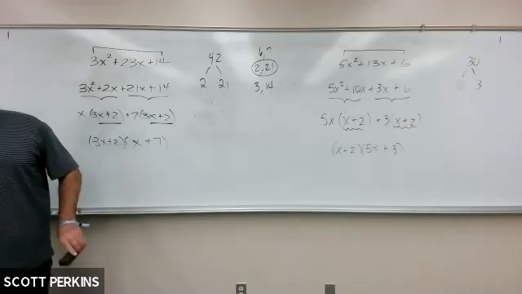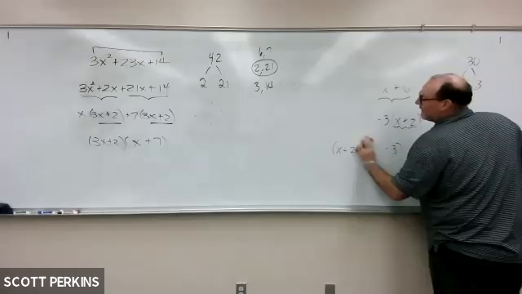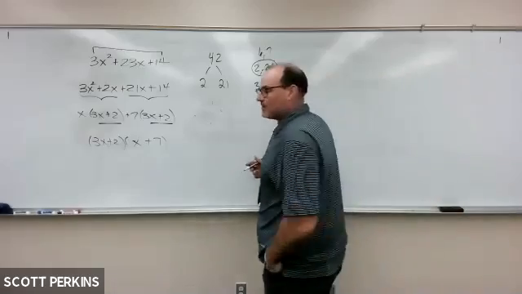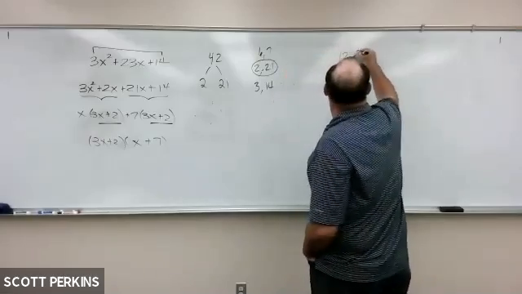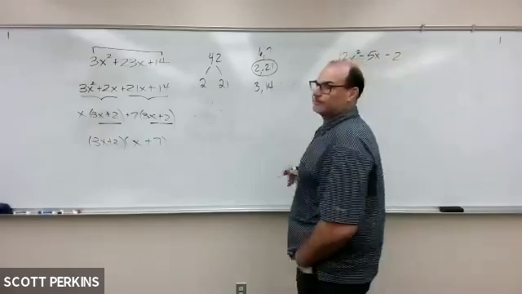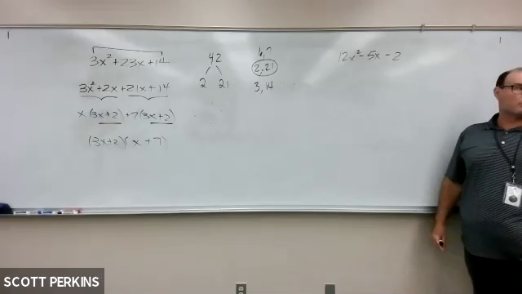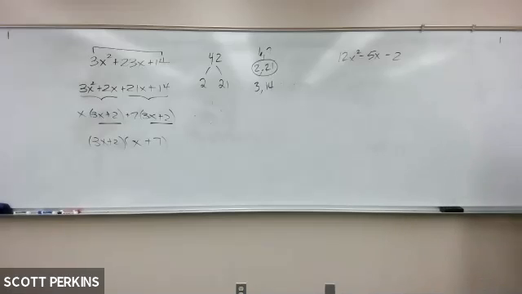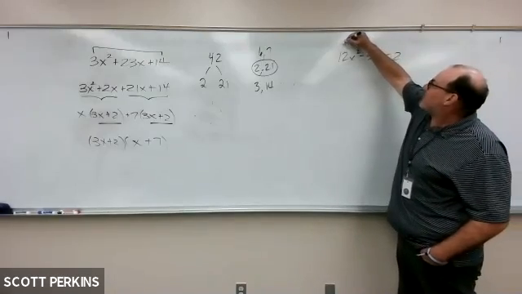Here's another example for me. I'm just going to change one of the signs just to practice what happens when I have some negatives here. So let's try this one. If I have 12x squared minus 5x minus 2. I'm going to work this one along with you, okay, so you don't have to get going ahead. This is the first one that just has some different signs. So when I multiply my first and my lasts,